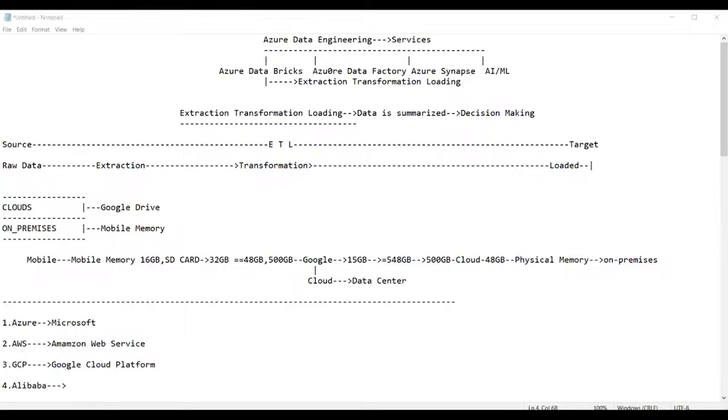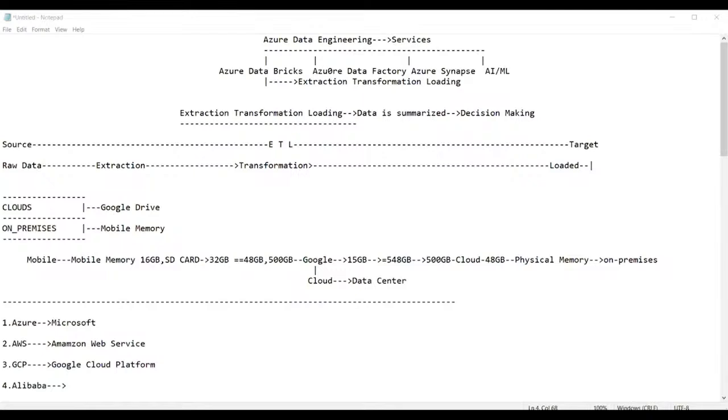Will there be a combined batch for both Databricks and Data Factory? See, the Data Factory batch is in the morning at 7 a.m. and started today itself along with you. And Databricks is at this time. Combined batches means these are two different services, so I teach them differently.